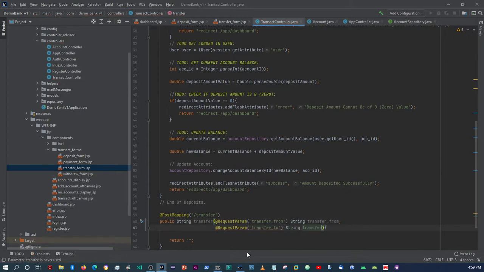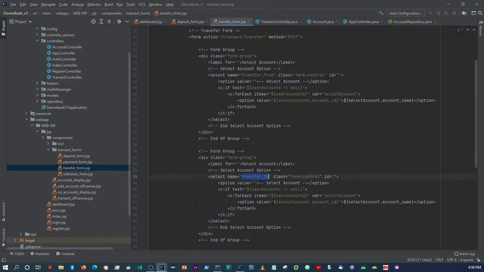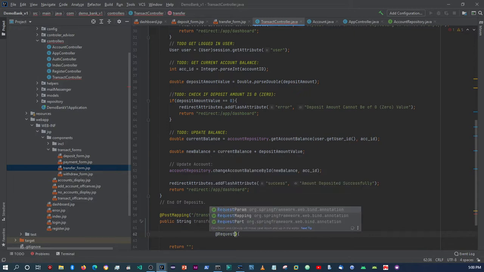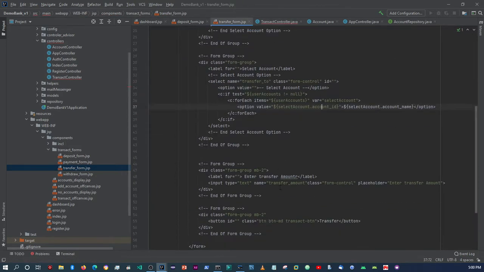transfer to. Okay, so now remember we are getting that account ID, not the name. Don't worry about how I set it up within the controller. But remember what we are retrieving is the ID, right? Though I'm saying transfer from, transfer to, we are still retrieving the ID. Okay, so now we got that, and then we need the transfer amount. So we say request